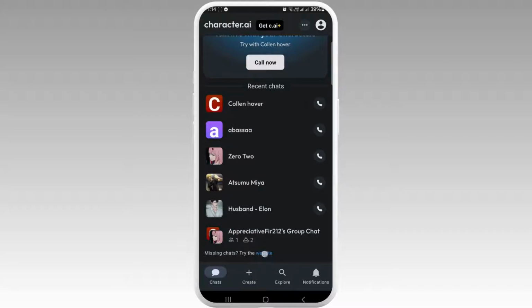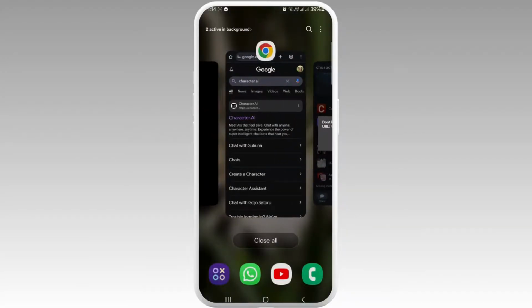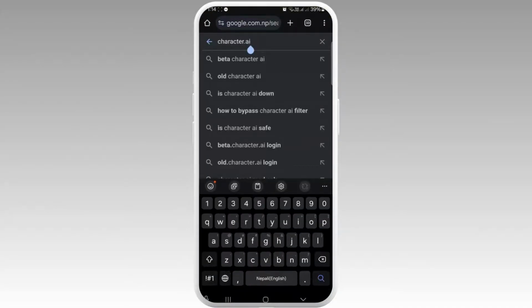Here you can see missing chats. Try the website, tap on it. Don't know how to use this. Then after, go to Chrome. I've already searched. Then search for Character AI, and then tap on the first link. Then